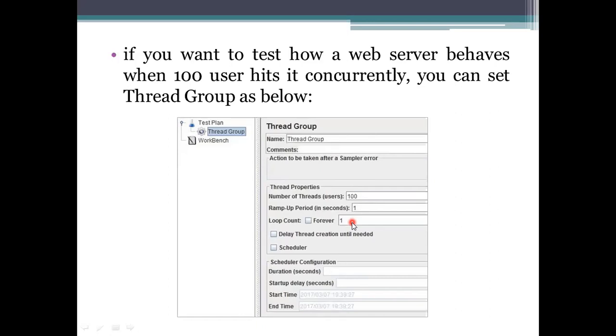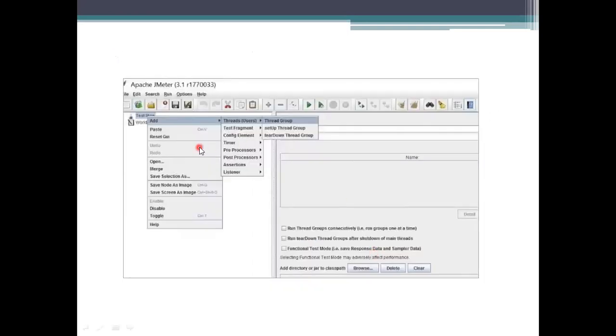And then the scheduler will be there. For example, if I am considering a scheduler for getting into the system, what is the duration, and set up the delay, how far it will be delayed. All these things have to be considered and specified whenever you are installing JMeter. We need to take the test plan into account. For adding the test plan, the main important thing is how many users are using it for this test plan execution. We need to take this into account, so for that we need to go for the thread users.